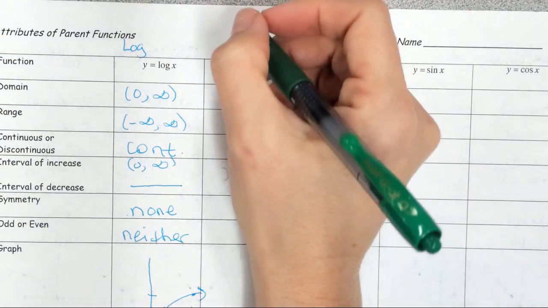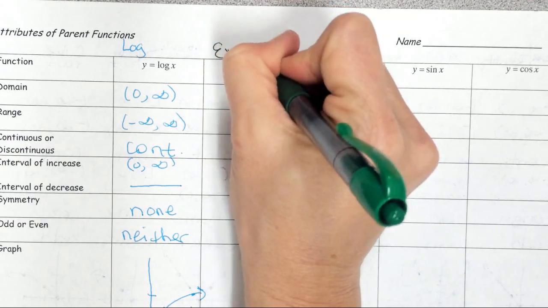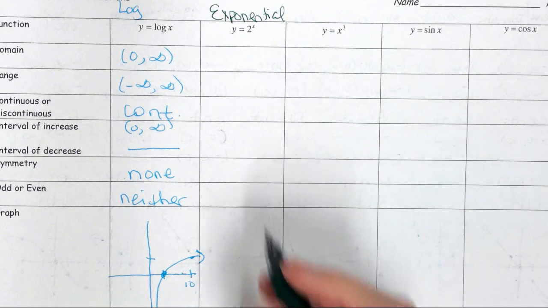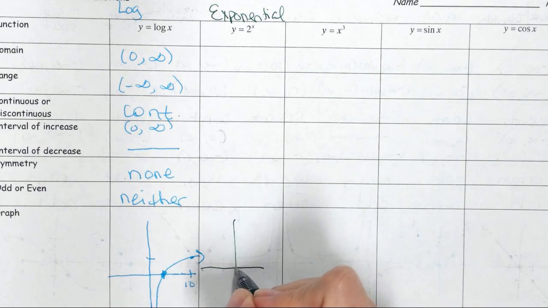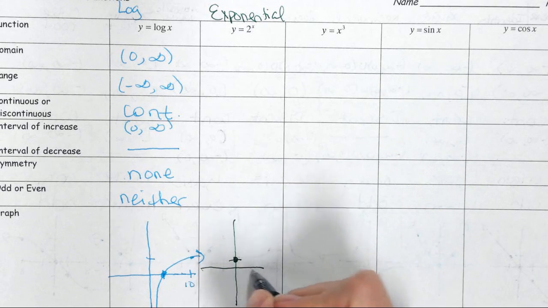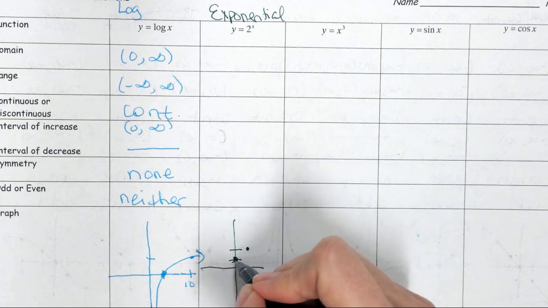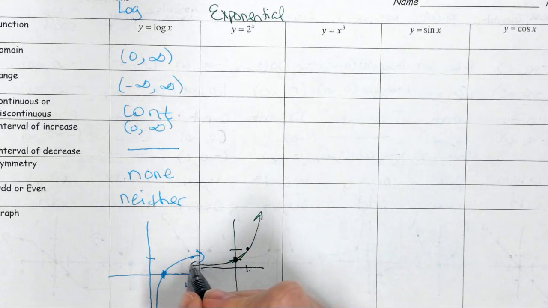Our next function is called our exponential function. We're using a base of 2 for this particular one. So when you do your graph, 2 to the 0 power is 1. 2 to the first power is 2. It's going to go up like this, and then on the left it's going to get really, really close to the